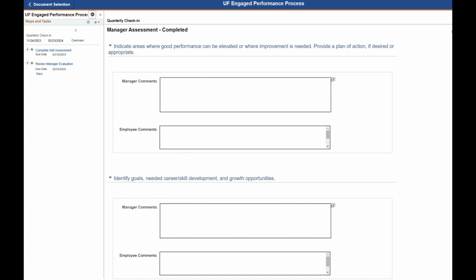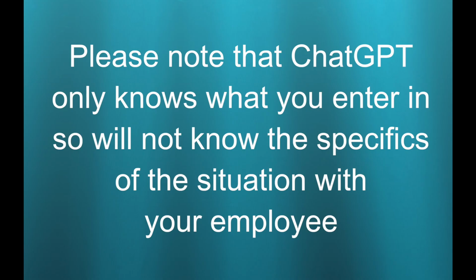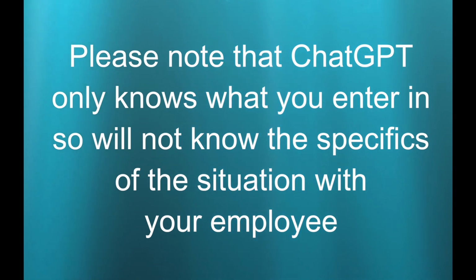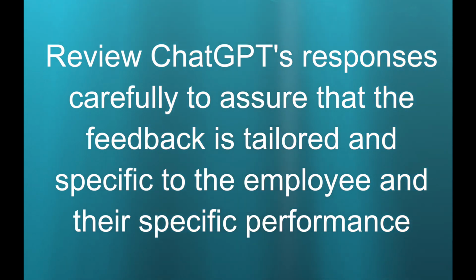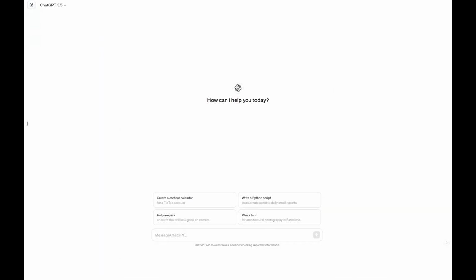As we know with UF Engaged, you're supposed to input performance that can be improved into the text field. Please note that ChatGPT only knows what you enter in, so will not know the specifics of the situation with your employee. Please review ChatGPT's responses carefully to assure that the feedback is tailored and specific to the employee and their specific performance. Here's an example of using ChatGPT to rewrite feedback that is distinctly not constructive into feedback that